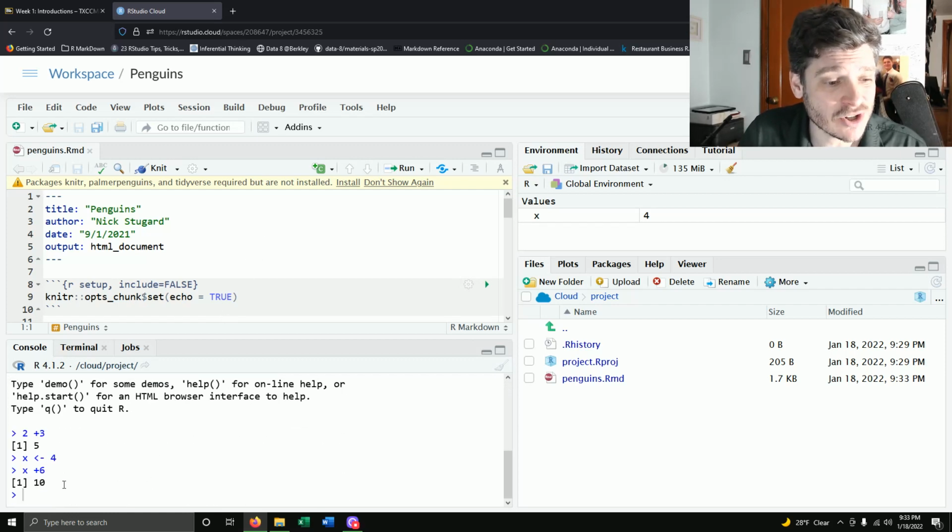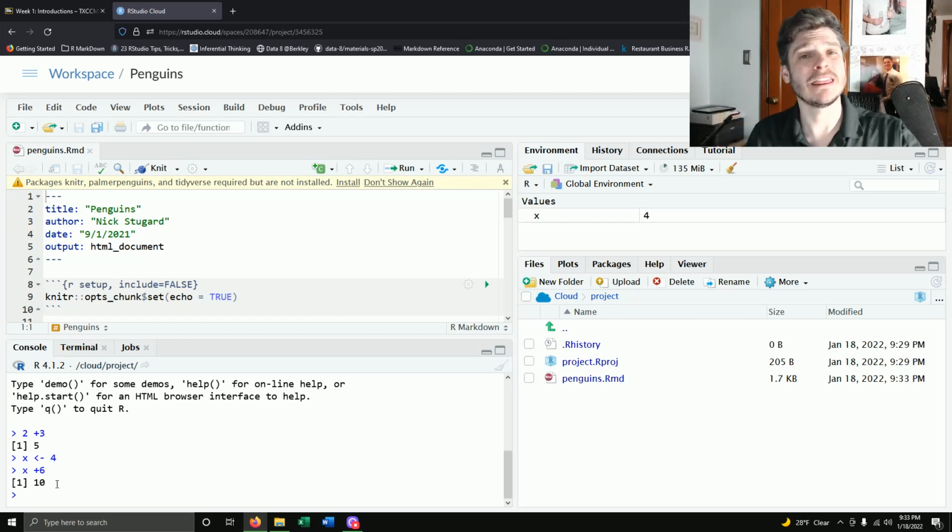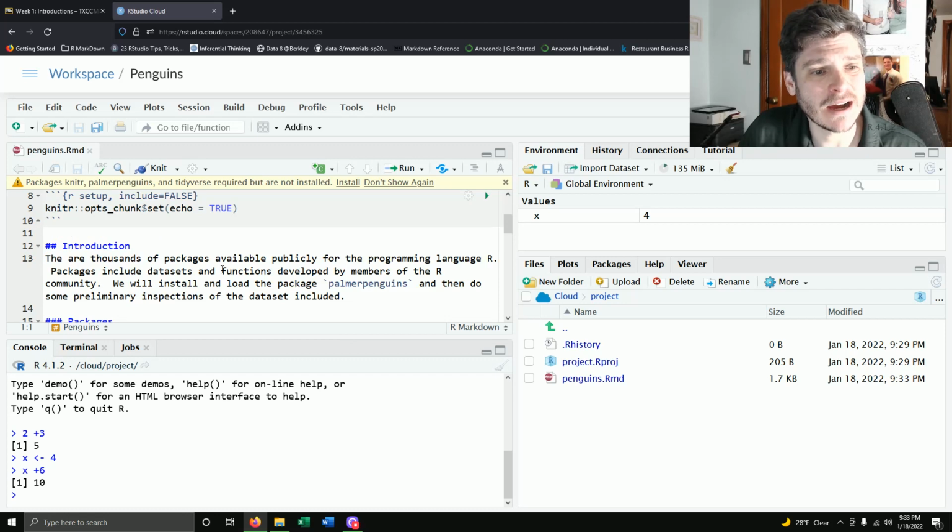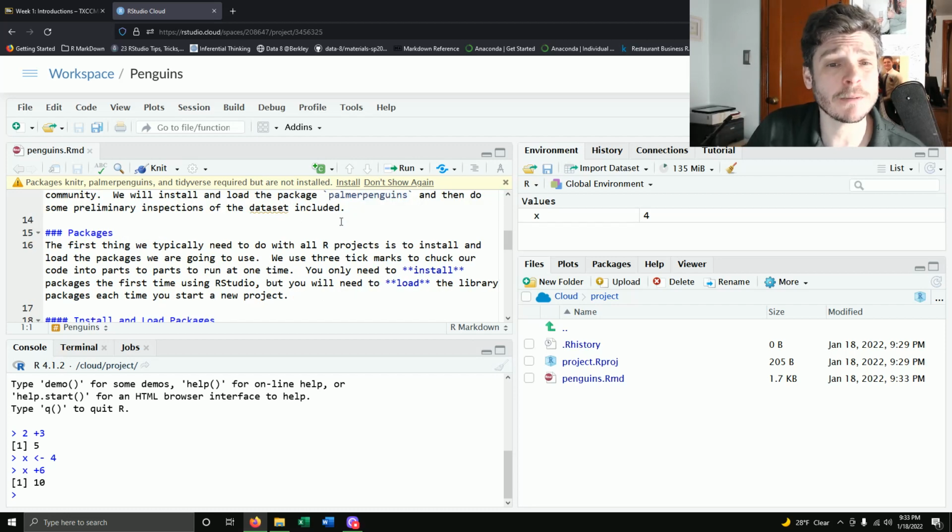Now, I'm going to install these in the console first, because once I install them in the console, I want to be able to use them in the console and the environment, and then R Markdown is really where I'm going to save everything. So, I have included in the introduction, and again, we should read through it, that there's these thousands of packages that are available publicly for us to look at with tons of different data sets and functions and stuff. We're going to be looking at the Palmer Penguins data set,